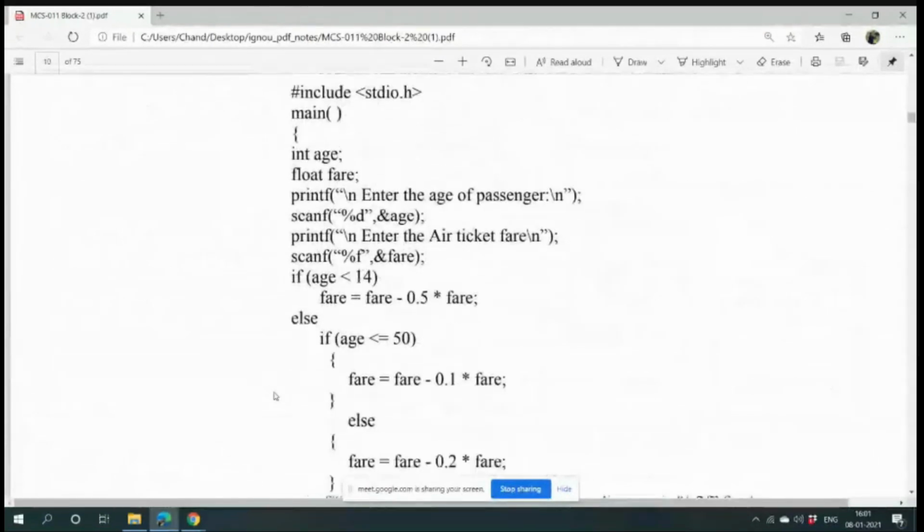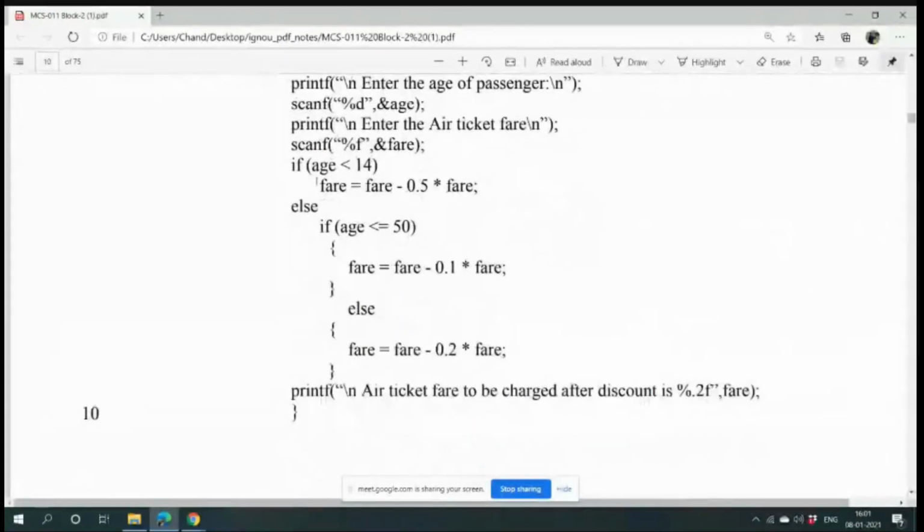Now the if else if else. See, if and else, one condition, positive or negative. Now you have to put 3 conditions, one inside if, one inside else if, and one inside else. How has the bracketing system been done? See here. If, no bracket. Why? Because there is only one statement. Else if, the new condition. It is age less than equal to 50, then new value of fare. Else fare equals this.